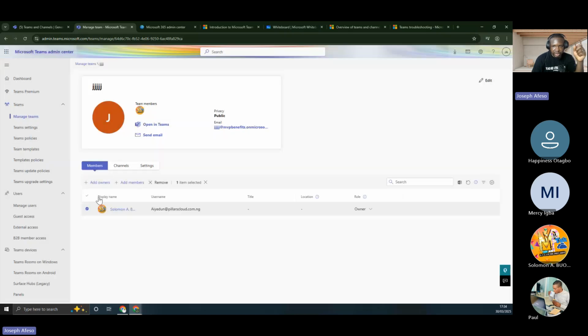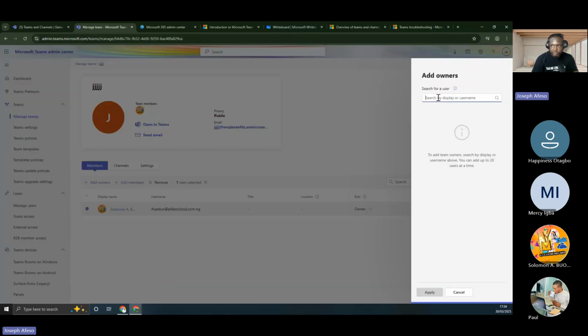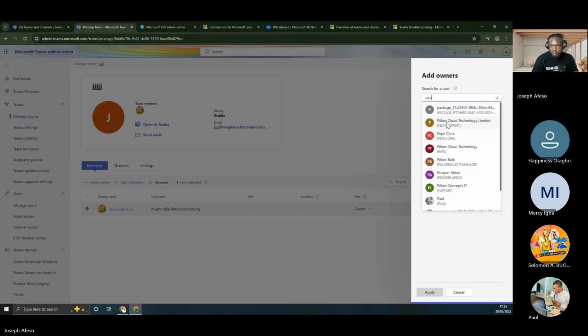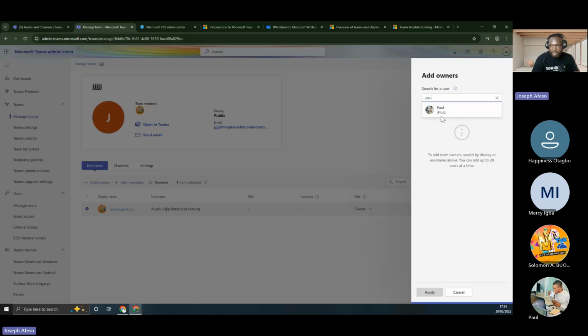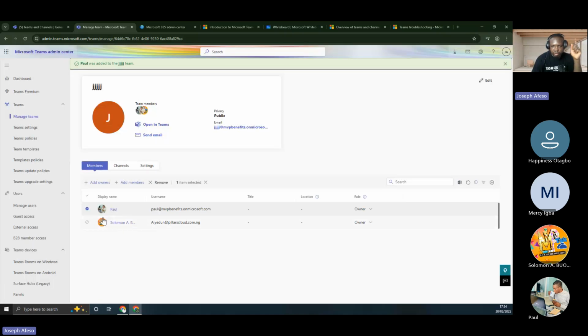Now let me add back Solomon as an owner. No, let me add Paul back as an owner. Adding back an owner means I can remove Solomon straight.